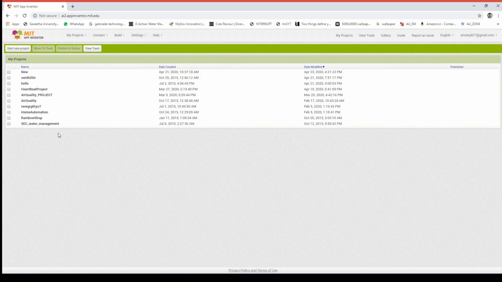Here, by clicking start new project, we can create a project with our app name. So for this demo purpose, let me create a project and name it QR code scanner. Note a point: while creating the project name, the project name should not contain spaces, right?